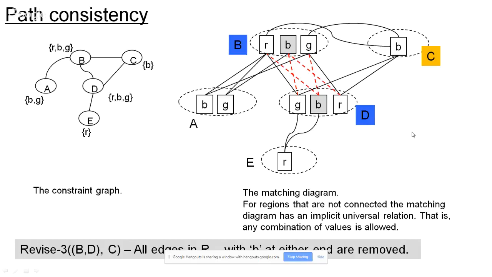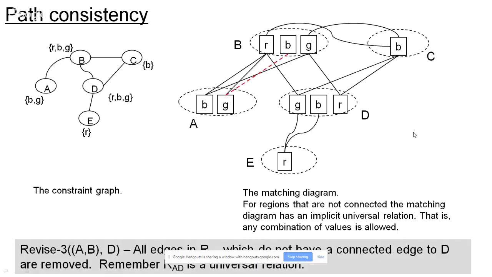So whenever you're doing path consistency, you are pruning relations essentially. All these four edges, each edge, remember, is part of a relation. The relation RBD originally said that if you choose red, you can choose green and blue in D. If you choose blue, you can choose green and red and so on. But now you find that any edge which has blue on either side has to be removed, and the graph looks like this. Now, supposing we revise B and D, which is the same set of variables, with C, so that we have just done. Okay. Next, if we revise the relation AB with respect to the variable D,